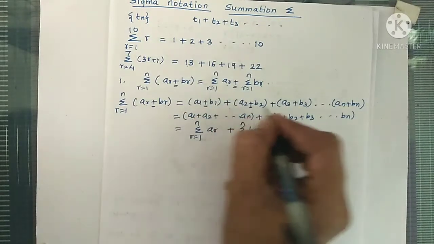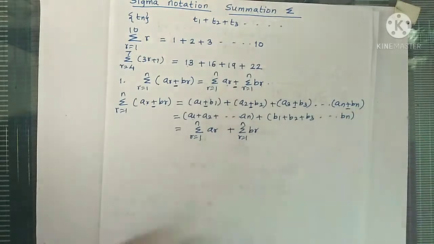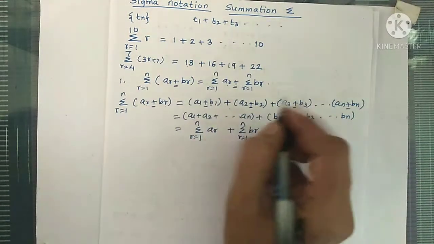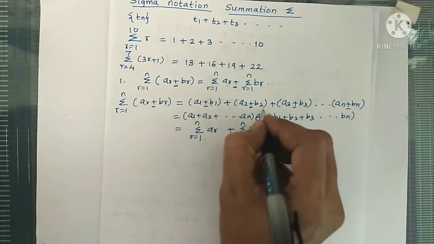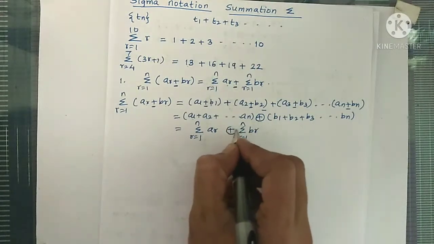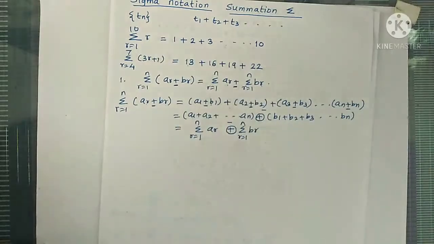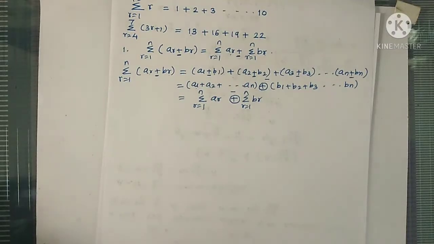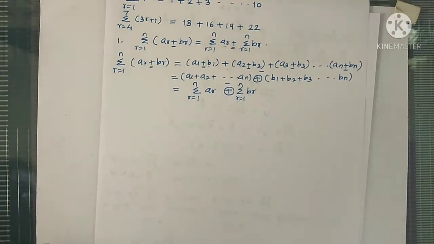So if it is minus, see here, this plus now changes to minus sign, and from this second term we can take minus sign common, so this becomes minus, so we get the result. So if it is plus, then we have to write plus sign. If it is minus, then we have to write minus sign. Okay, the result is true only for plus and minus. It doesn't hold good for product or quotient.